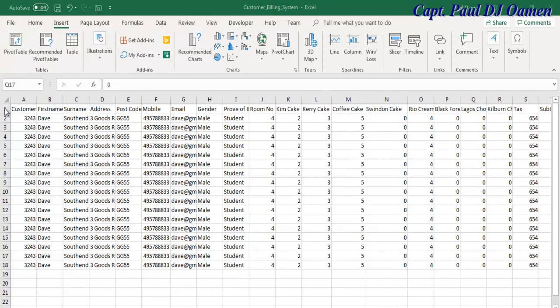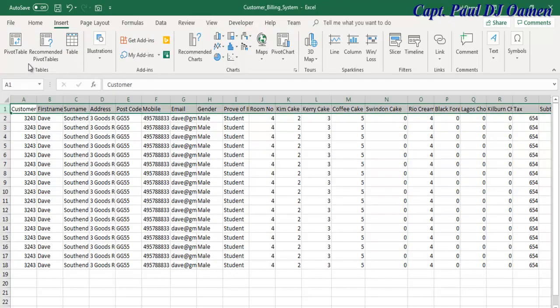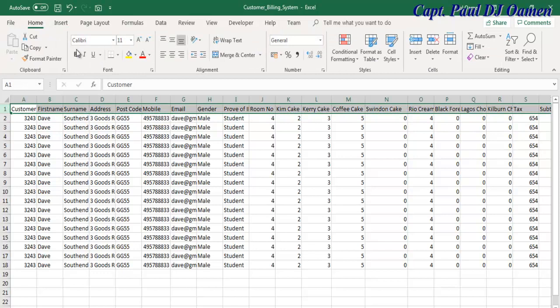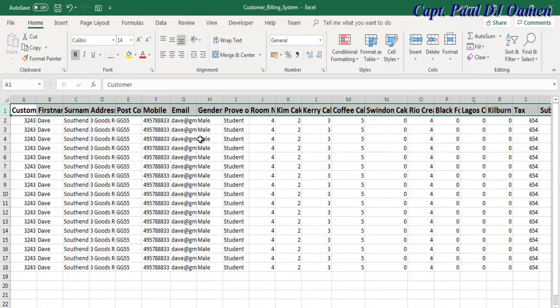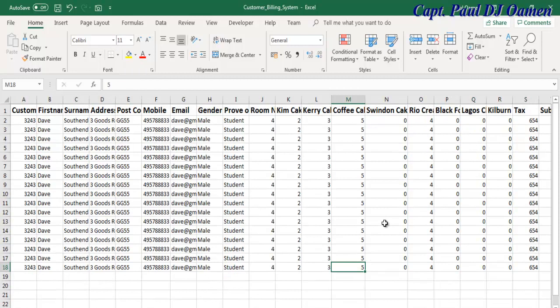Okay, they all now have titles, so I'm just gonna make that bold. So maybe increase the font size as well. Let's make that about, yeah, maybe 12 or 14. That's fine. Right, so save that as well,